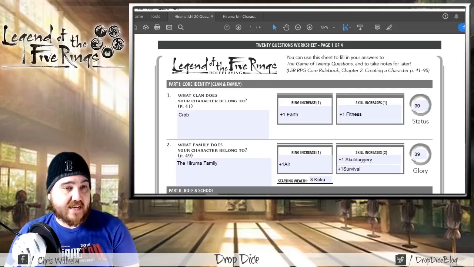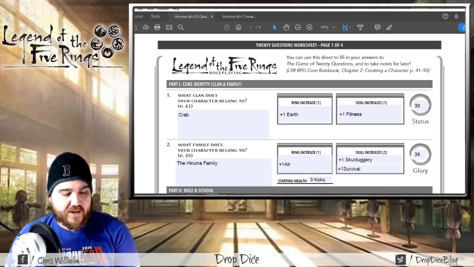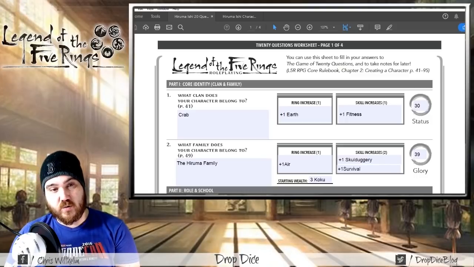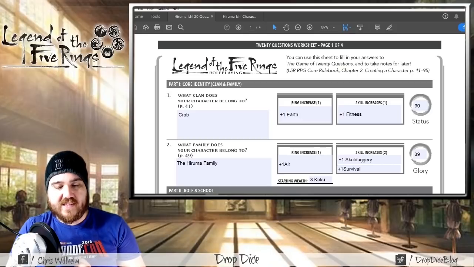And this is a carryover from every edition, so it's not a big surprise to see it here. But basically it says that courage is the greatest virtue in Bushido to the Crab. And then it talks about how courtesy is the one that they view as the least useful. So it kind of flavors who the Crab is, but one of the things that they left out